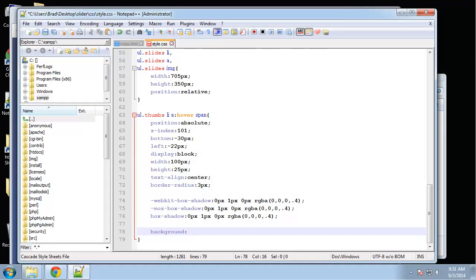all right. And there's two types of gradients. There's linear, which goes up, down, left, right, and diagonally, and then there's radial, which is defined by their center. So it basically goes from the center out. And linear is mostly what we'll be dealing with, and is a lot more common than using radial. Alright, so what we want to do first is set the background